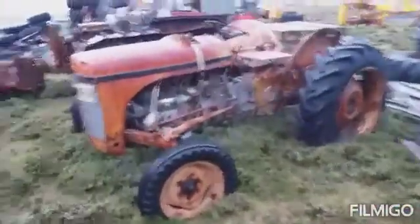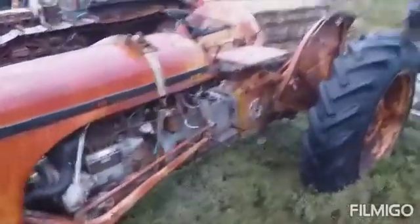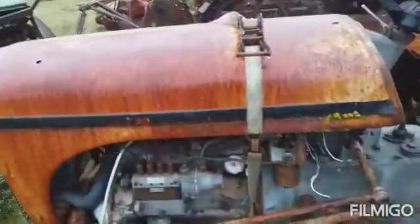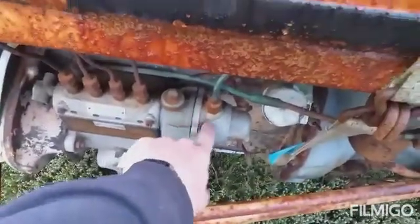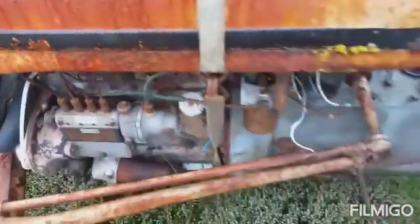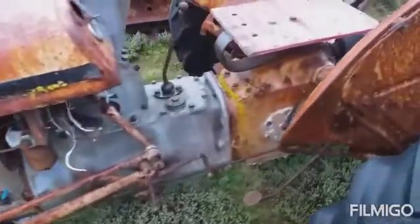Then here we've got a little Ferguson TEF20. She runs, but I think she's got a diaphragm problem either in here, because she ran at full throttle. But other than that, she's not a bad little machine. She's getting a bit of corrosion up on there. I don't know what that's all about, but